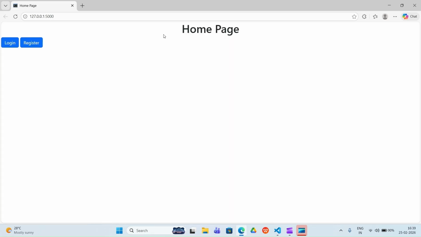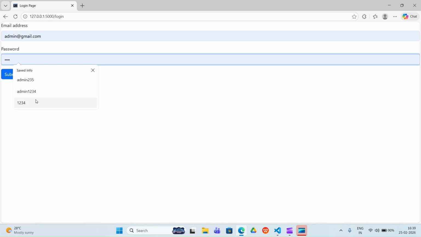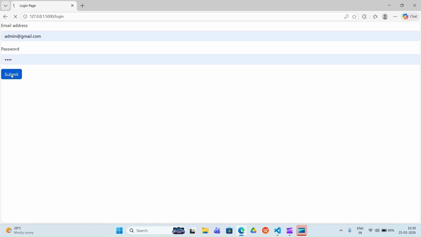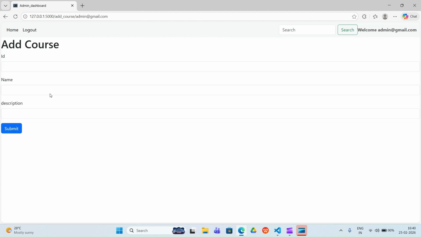So yeah, this is our home page, and now we click on login and give the admin credentials, and we will submit it. When we submit it, you can see one button there. That button goes to add course, and here you can write the things and click on submit, and your course will be added.